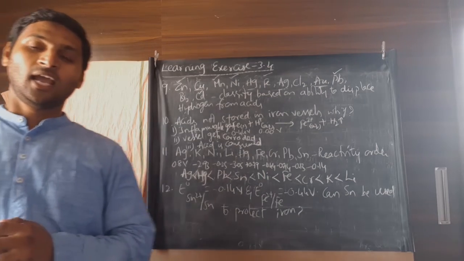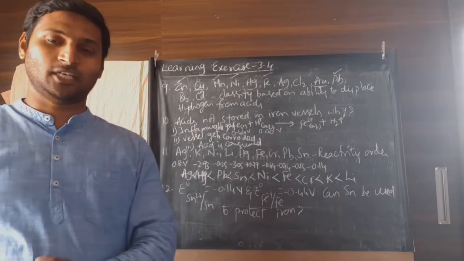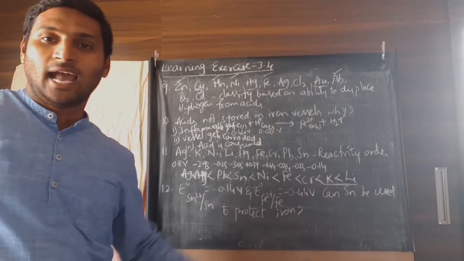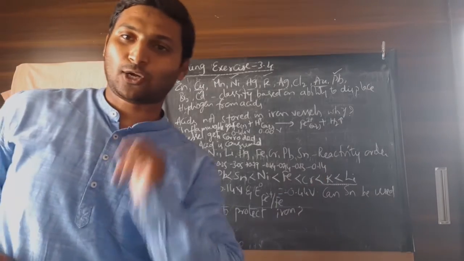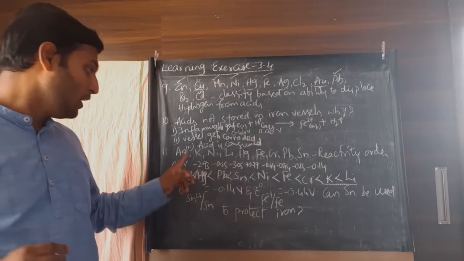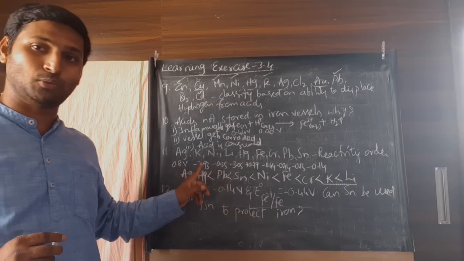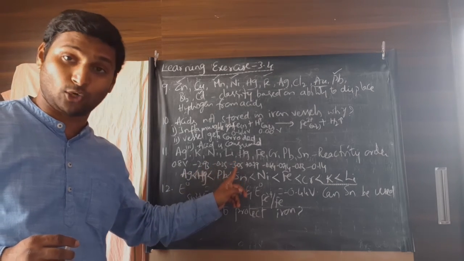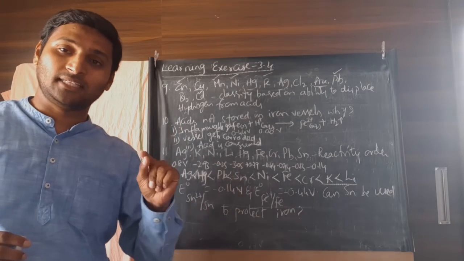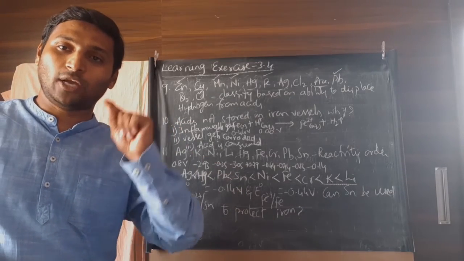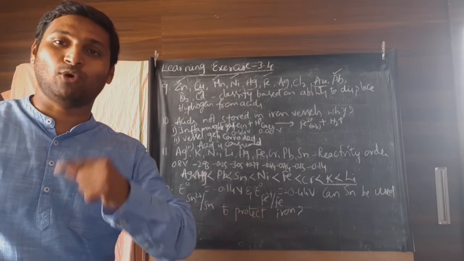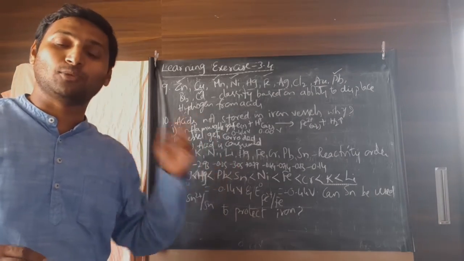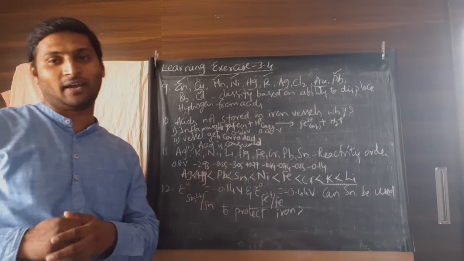Now, I have an interesting question to ask you, especially at this corner. As you can notice, as per the electrode potential values, potassium is having a potential of minus 2.93 volts. Lithium is having a potential of minus 3.05 volts. That means lithium has lower potential, so appears to be more reactive, appears to have more tendency for oxidation, appears to be more electropositive. Now I have a question to you.